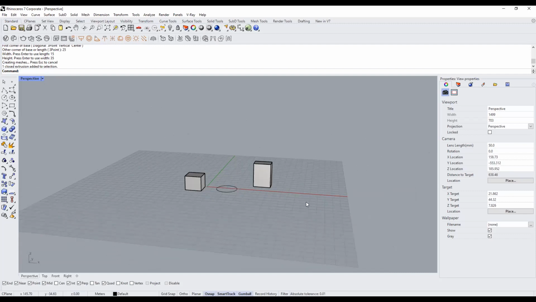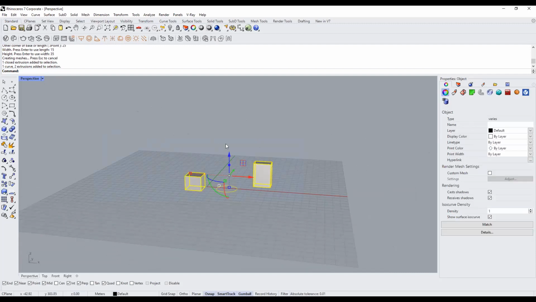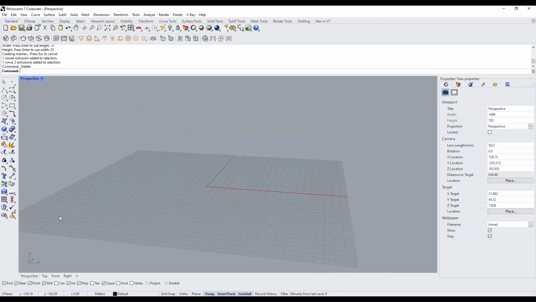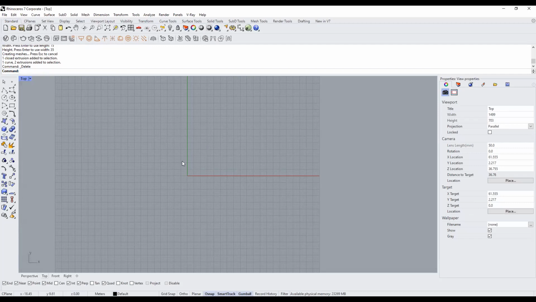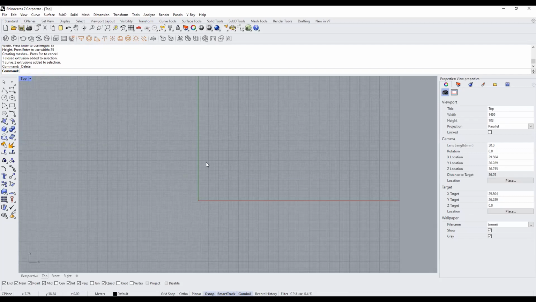So what I'm going to do is select all of this and then delete it. To create curves, let us start with the top viewport. It's easy to draft curves in the top viewport. One of the easiest ways is using the technique called rebuilding. So what rebuilding technique, okay, before we move on to that, just running through the questions in the chat that